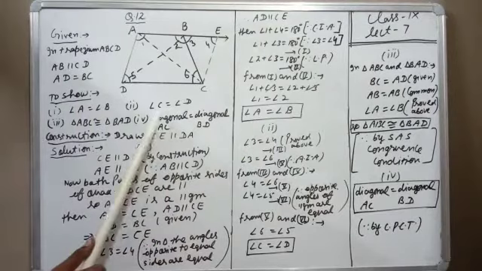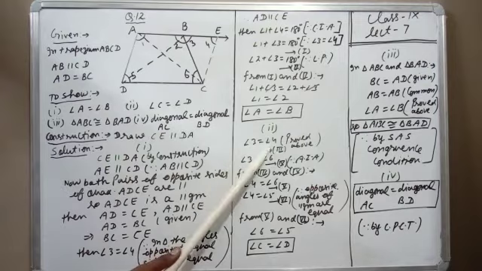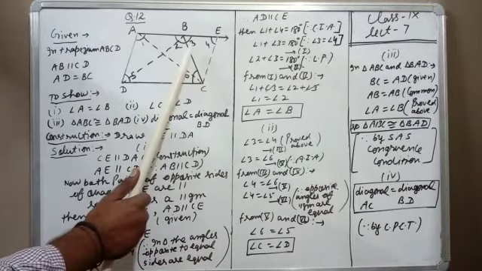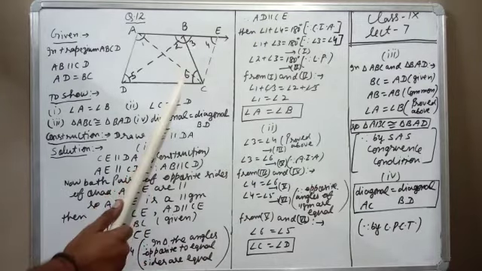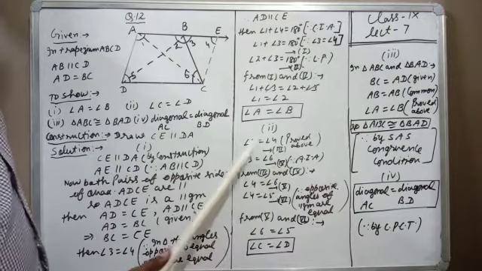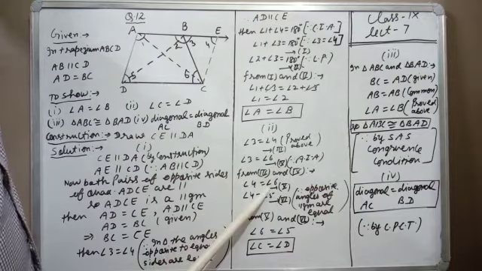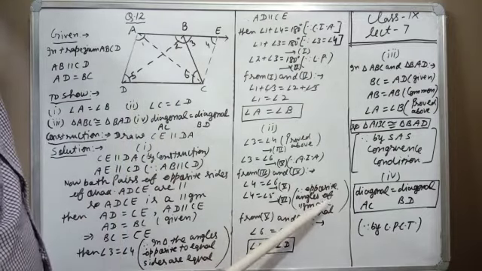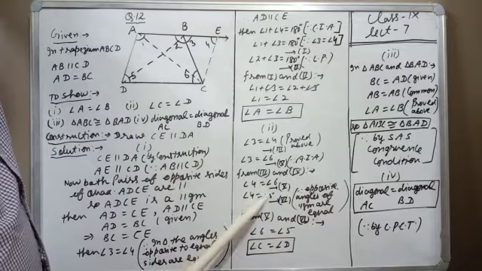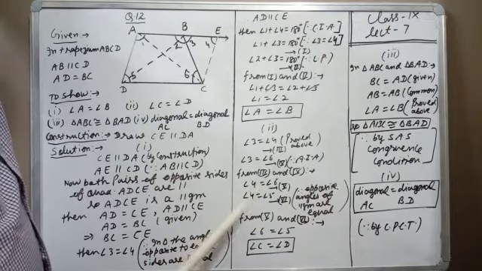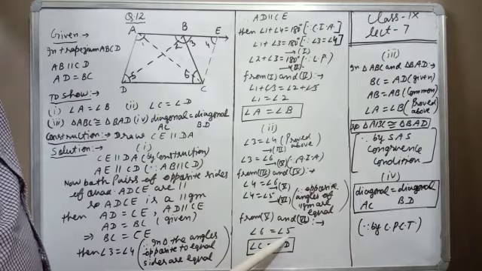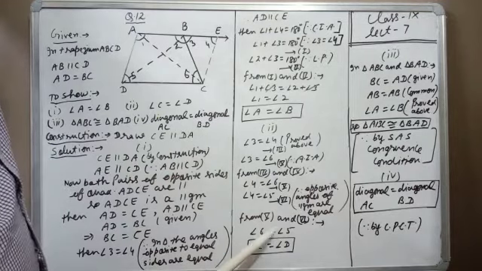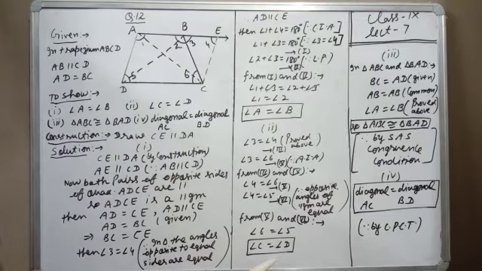Now in the second part we want to prove C and D equal. For this we will use this result again, angle 3 equal to angle 4. This is proved above. But if you see here, angle 3 and 6 are alternate interior angles, so these are equal. So this is third, this is fourth. From third and fourth, angle 3 will cancel, angle 4 equal to angle 6. Then angle 4 and angle 5 are also equal because opposite angles of a parallelogram are equal. So in these two, again one angle is the same. So this will cancel, angle 6 and 5 will be equal. 6 you can write as angle C, 5 you can write as angle D. So this is the second part.